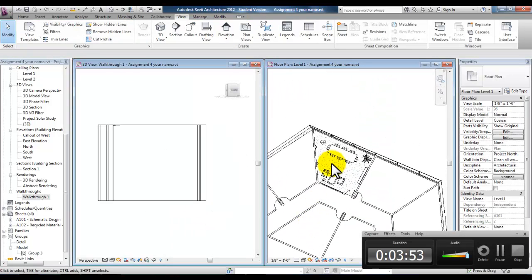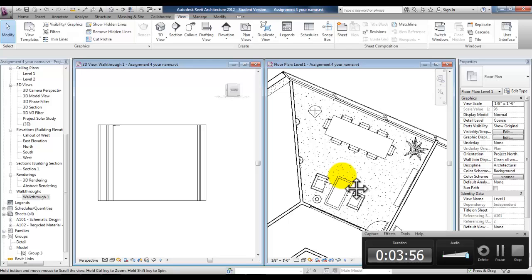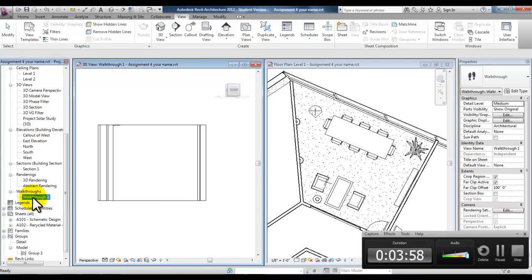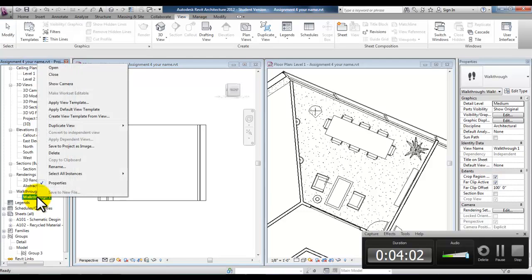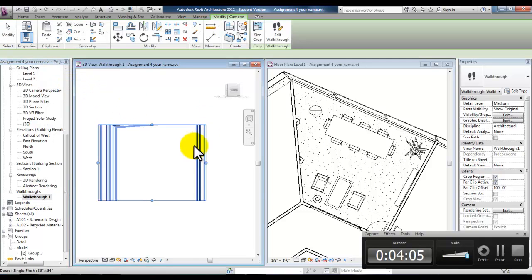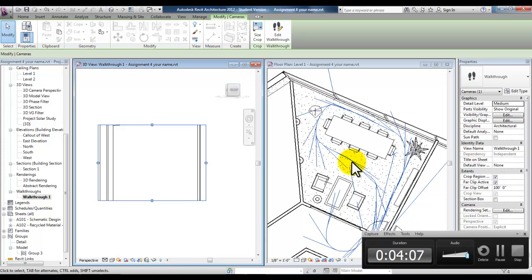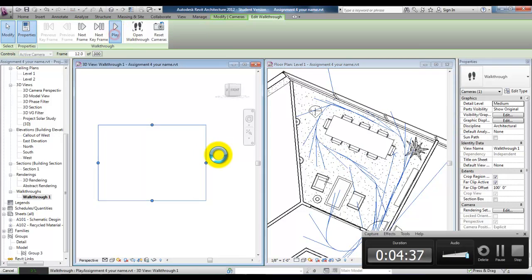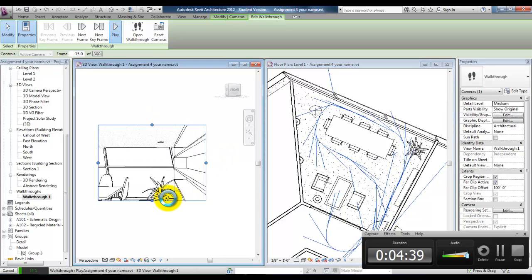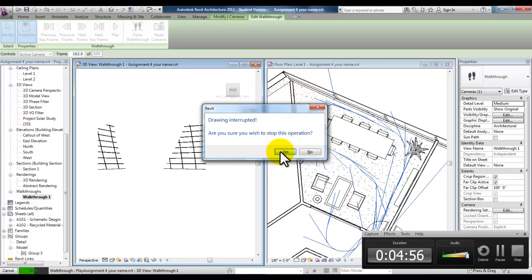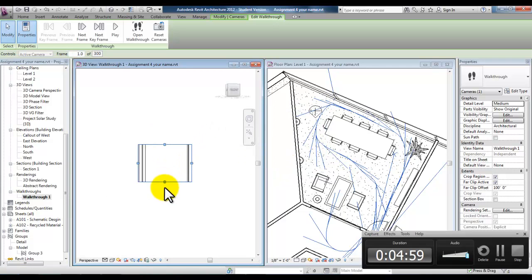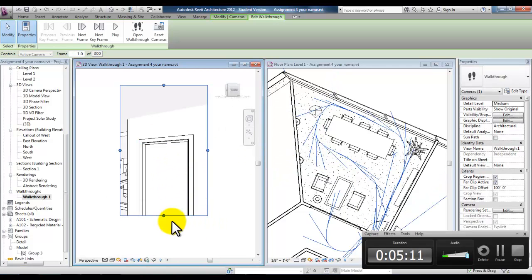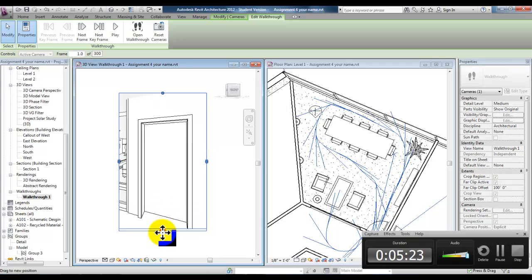Also, if I open up the plan and the walkthrough view in the project browser, I can highlight walkthrough, right click, pick show camera, and then select here edit walkthrough and play the walkthrough here in the walkthrough view. I'm going to cancel this walkthrough because I'll need to adjust my view. Once I adjust the view, I can go ahead and pick play,